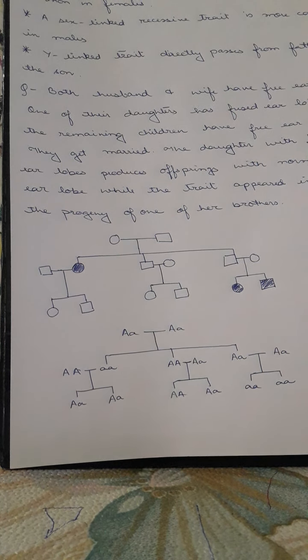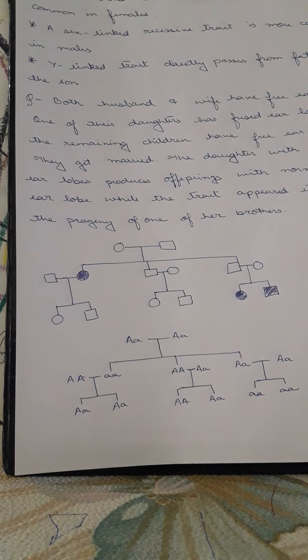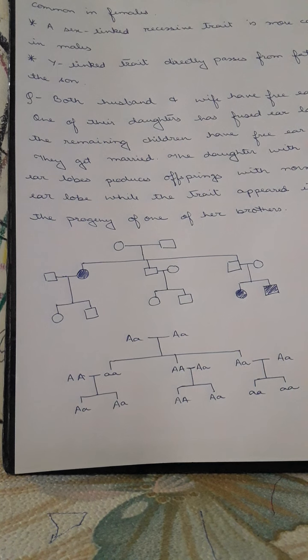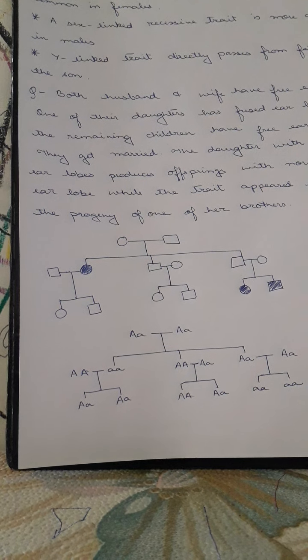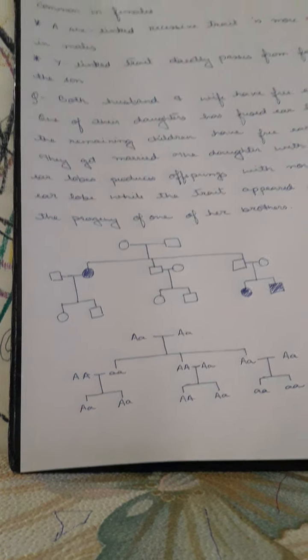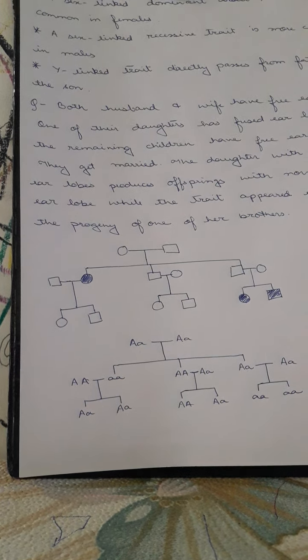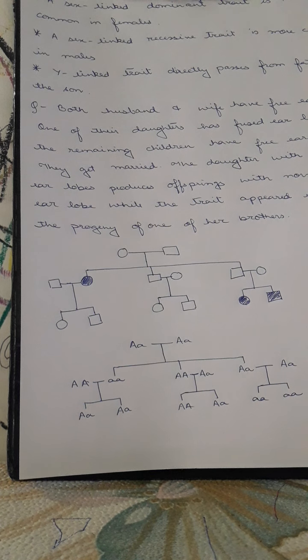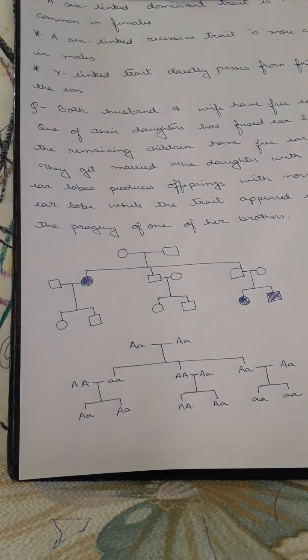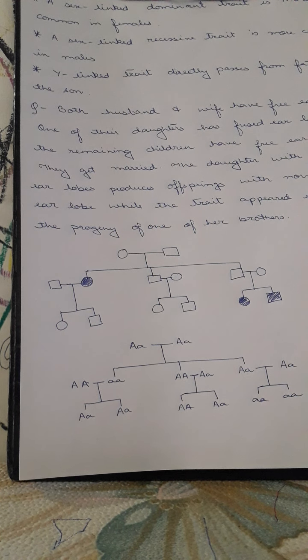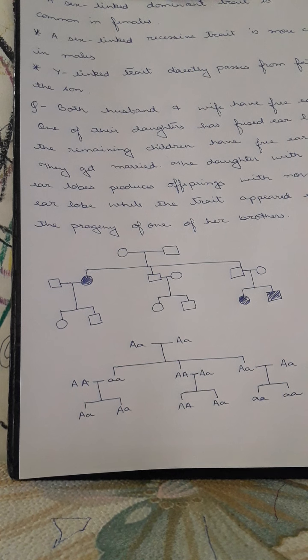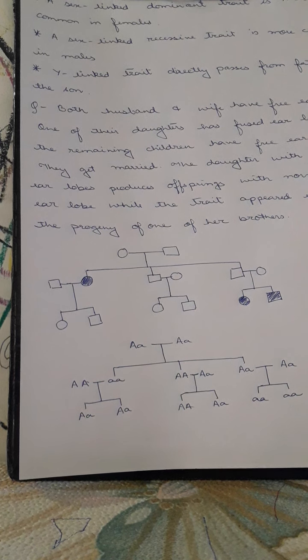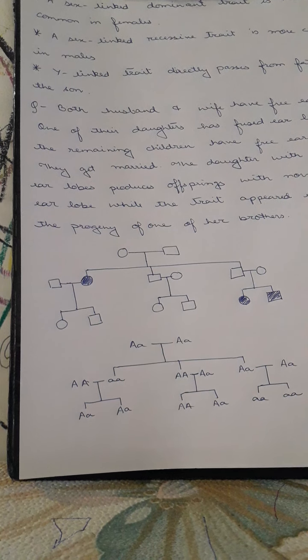Moreover, when we are studying pedigree analysis in human beings, we come across some problems. For example, the generation period in human beings is long, okay. That means it takes about 20 to 25 years to observe the disease trait. Many human traits are influenced by a number of factors, not only one, isn't it? The chromosome numbers are large, the progeny of a couple is small, and marriages desired by an experiment are not always possible in human beings, because it is not possible that this particular man will marry this one only, isn't it?